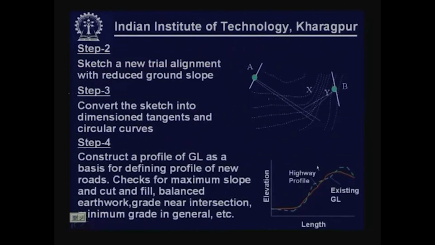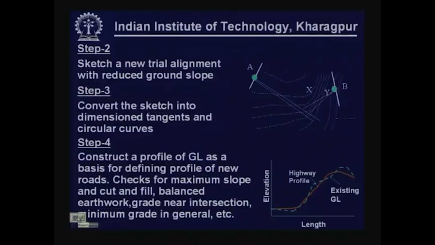We give a new trial. While giving a new trial, what is our aim? We know that if we try to cross it almost like a straight line, then we are crossing the contour lines within a very short distance. So, if y is the change in elevation, the z value, and x is the distance, y by x is becoming much higher. So, what we are trying to do, we try to cross the contour lines over a longer length. We take the alignment in such a way that we cross the contour lines over a longer distance. So, higher will be the x value.